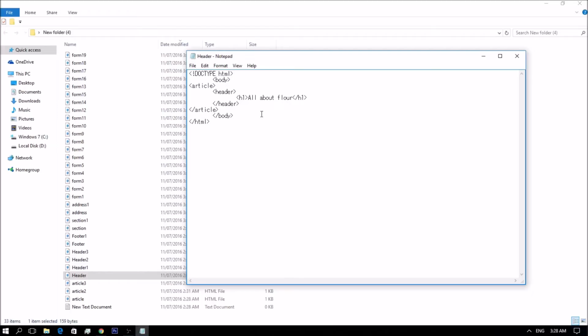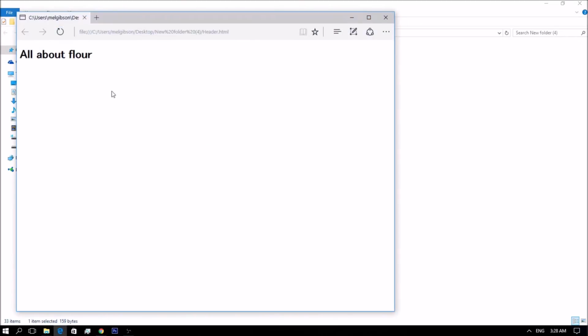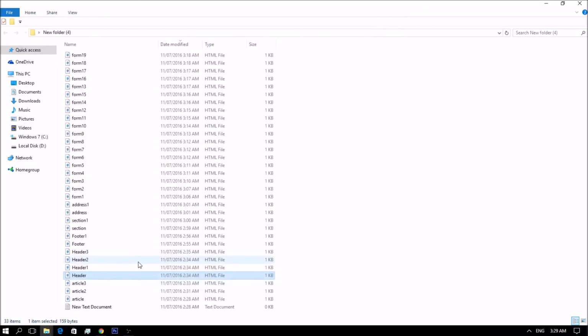Imagine you have three blog entries on a single page. Well, they can all have a header section. So multiple articles on one page all have their own header element.